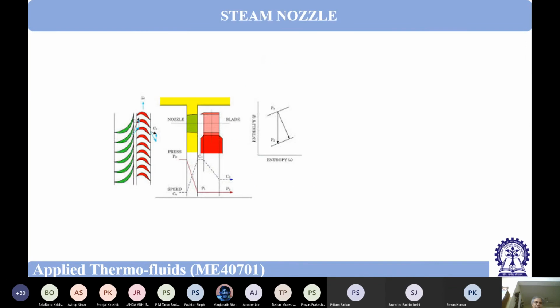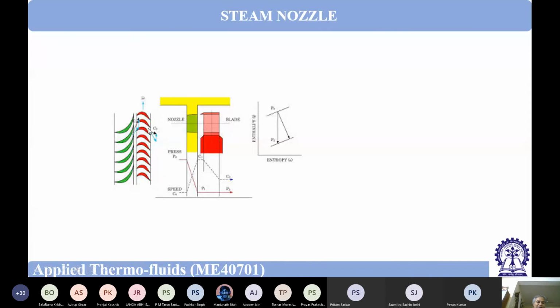Let me tell this one. This will give you some idea, though the turbine blade we have not read, we will read it. So these are the nozzles. Think of a turbine, where the blades are mounted on the periphery. From one end, you will see the turbine blade like this, and this will rotate. The direction of motion has been shown. And just before that, there is a stationary row of nozzles. So steam will come and then steam will go like this.